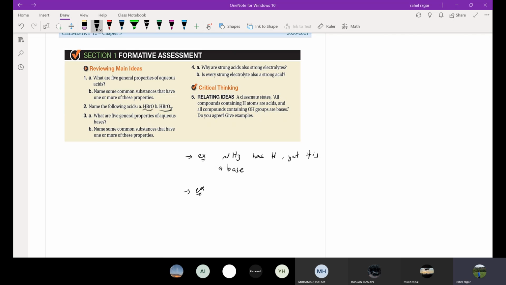OH group, it doesn't say hydroxide. It doesn't say with metal. There are other things that we have OH group. The most clear or the most obvious one is CH3COOH. It contains OH. It has OH group and